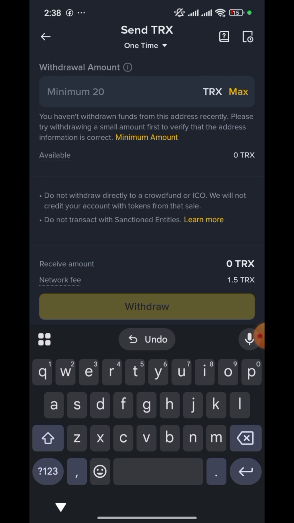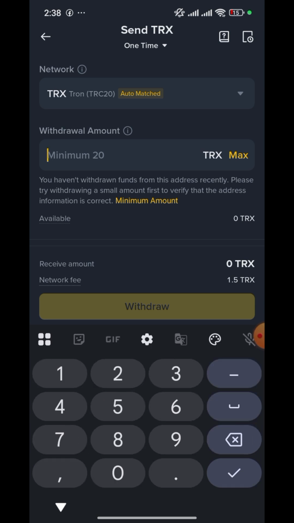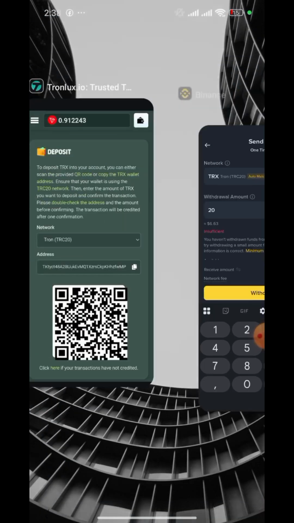Then the minimal withdrawal is 20 TRX. For now, I don't have any balance, but they have said the minimal is 20, just $6. After doing so, you withdraw. After withdrawing, you click the withdraw,